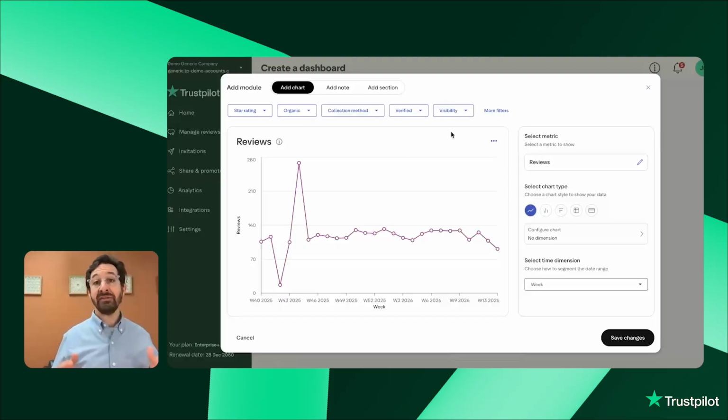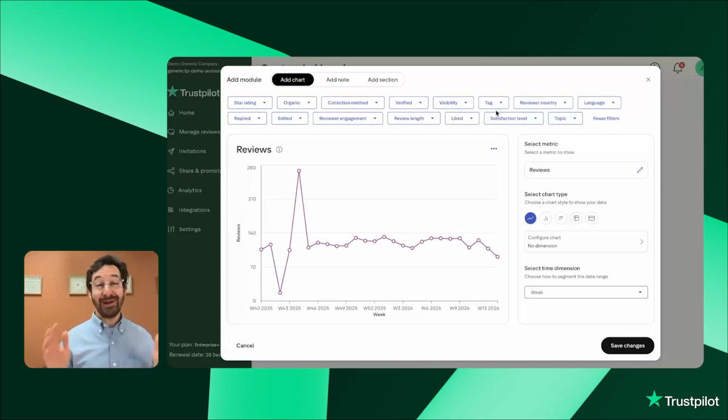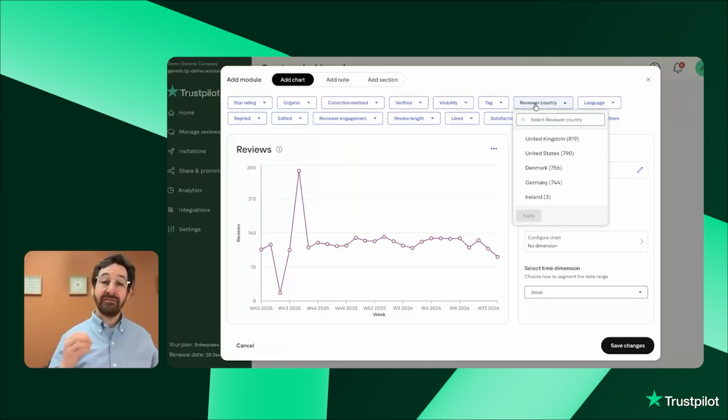Let's say I have some geographic responsibility in my job, and I only want to see reviews coming from certain countries, maybe a few different European countries. So I'm going to click More Filters, and you can see there's lots of different ways to filter the data. I'm going to choose Reviewer Country, and now I can filter this data by country. So I'm going to choose the United Kingdom, Denmark, Germany, and Ireland. And when I click Apply,